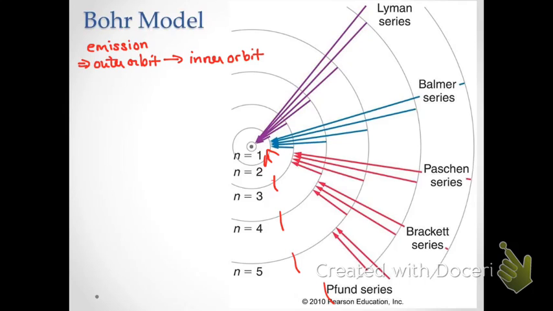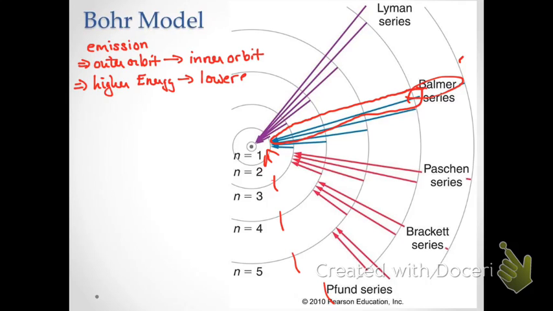So the 410 nanometer line that we see in what's called the Balmer series, that violet line, corresponds to a transition from the outer orbit here at n equals 6 to the inner orbit at n equals 2. So emission lines occur when the electron goes from an outer orbit to an inner orbit,